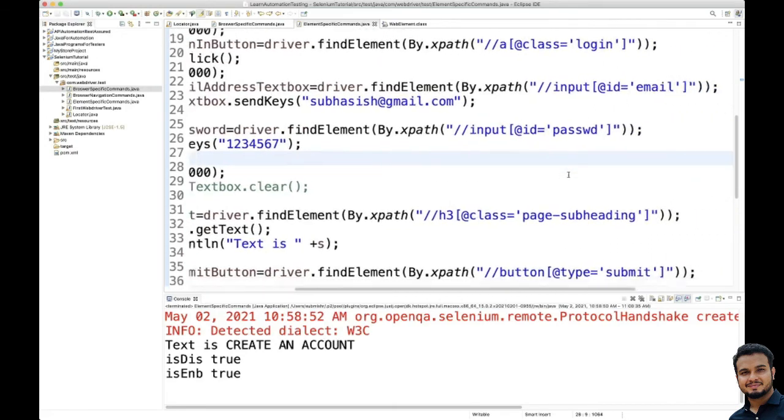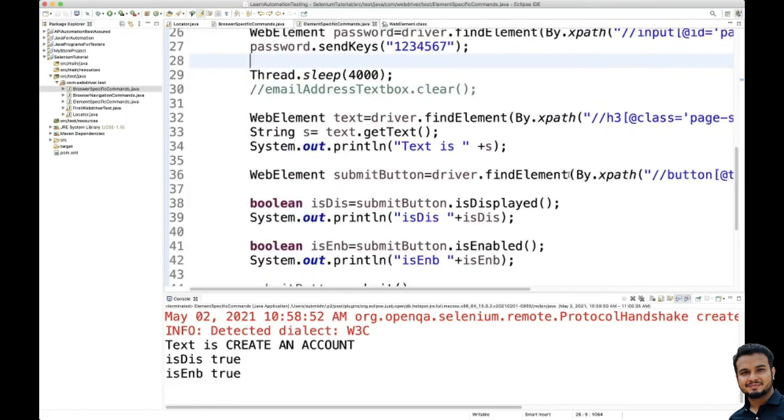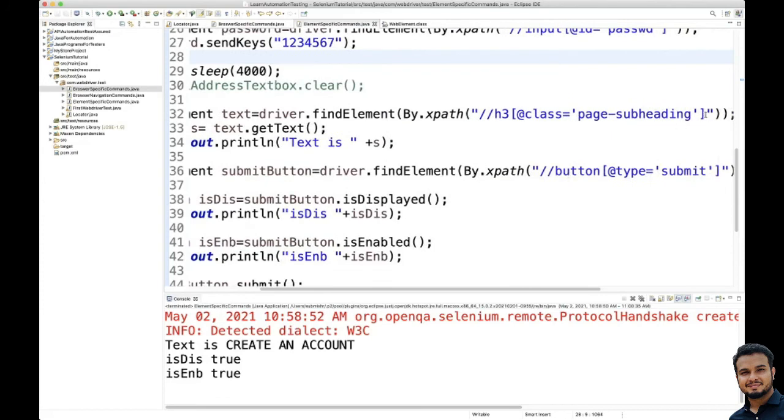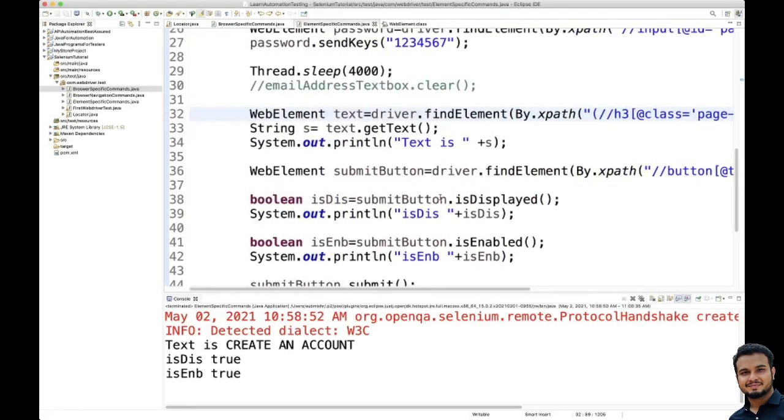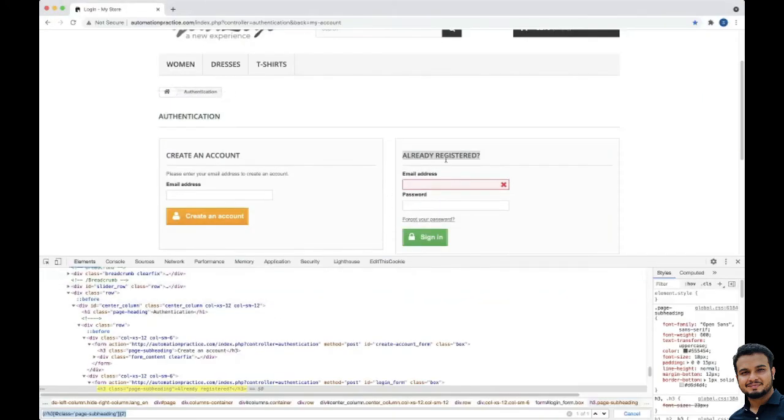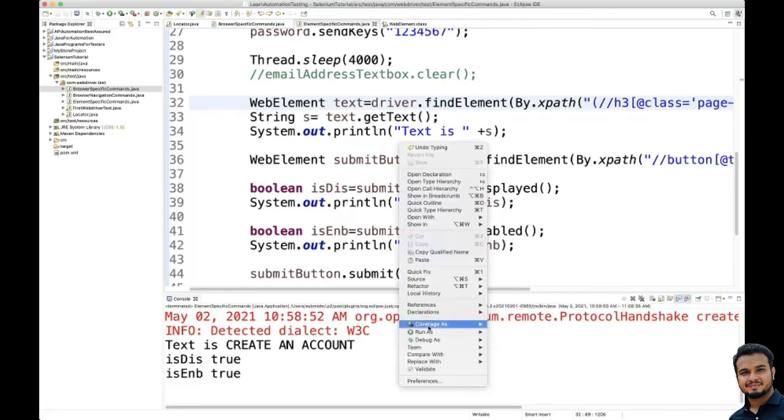My XPath was wrong, so I will give the correct XPath here. Now if I execute, it will give us this one, "already registered". Let me execute it.